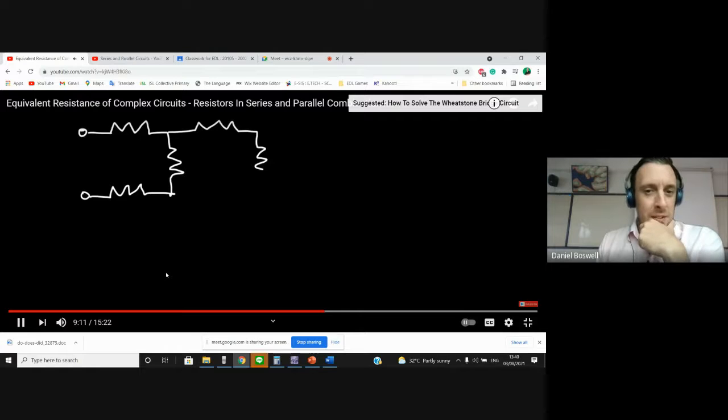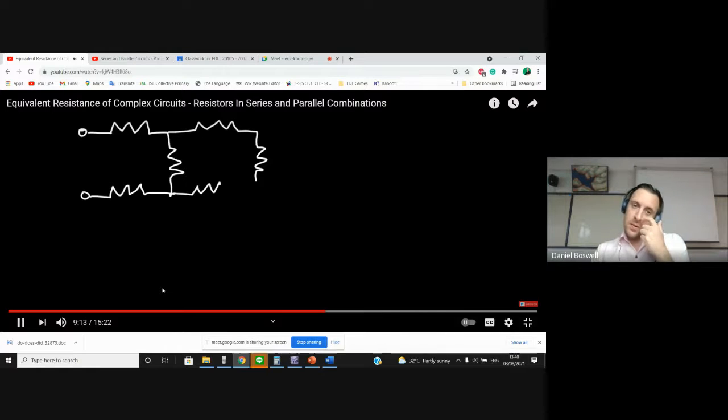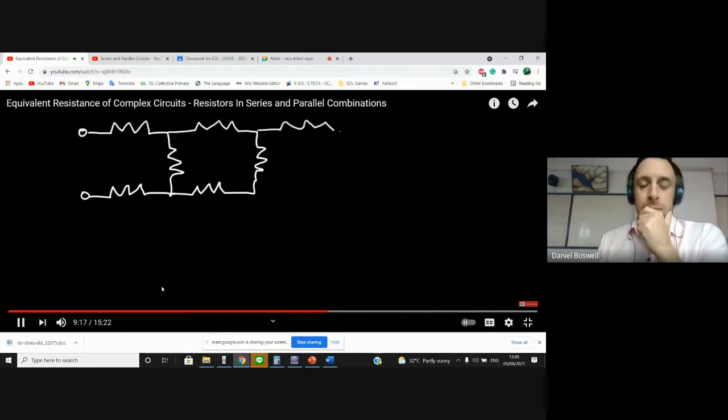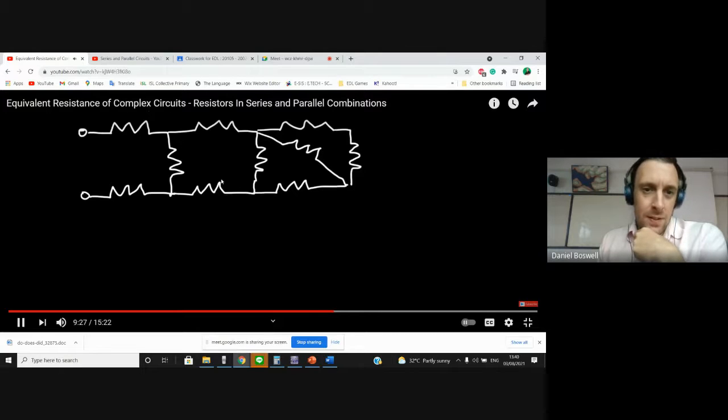This one's going to be a little bit more difficult, a bit more confusing. So here we have 1, 2, 3, 4, 5, 6, 7, 10 resistors. So here we have 30 ohm, 50 ohm, 40 ohm, 5 ohms, 20 ohms,